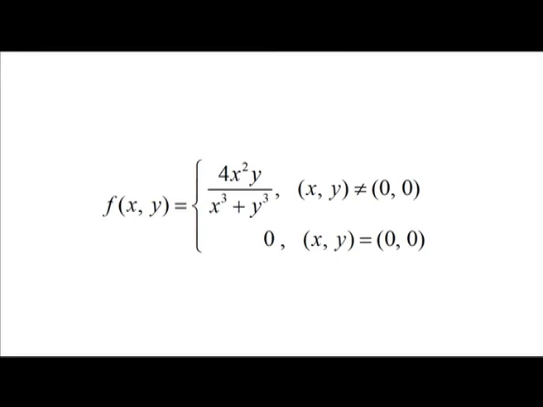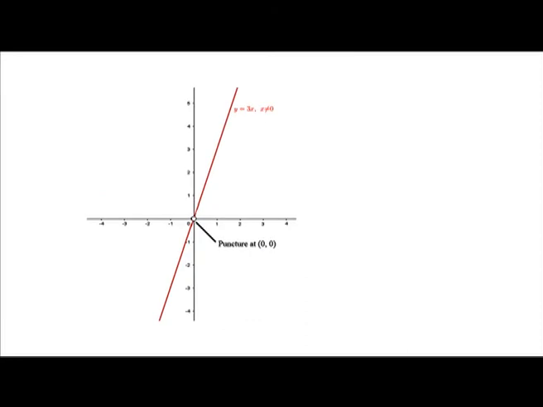At (0, 0), the value of f is defined and is given by the definition f of (0, 0) equals 0. But we show that the function has no limit as (x, y) approaches (0, 0) using the two path test for the non-existence of a limit. We first observe that for every value of m, the function f has a constant value on the punctured line y equals mx, where x is different from 0.